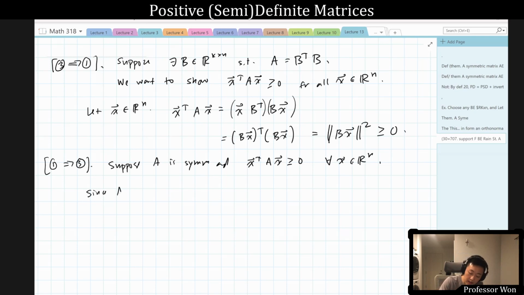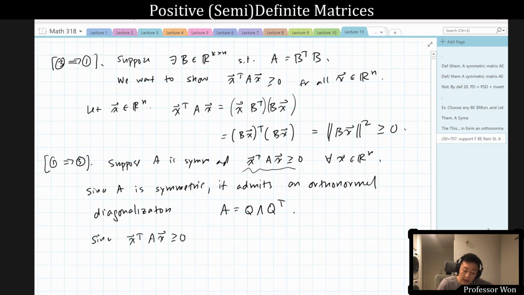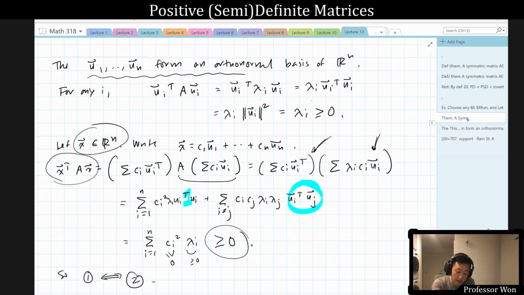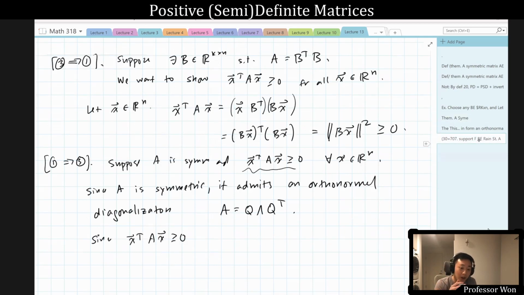Right, so since A is symmetric, it admits an orthonormal diagonalization. So let's write that as A is equal to Q lambda Q transpose, because Q is the letter we generally use for orthonormal matrices, and the inverse of an orthonormal matrix is its transpose. Okay, now, since x transpose Ax is greater than or equal to 0, that's what I'm assuming here, then by the exact same thing that we saw on this page, we know that all of the eigenvalues of A are non-negative. We already showed that, right? So I'm trying to show that 1 implies 3, but certainly we know that if you assume 1, then all the eigenvalues are non-negative. So by the first part of this proof,